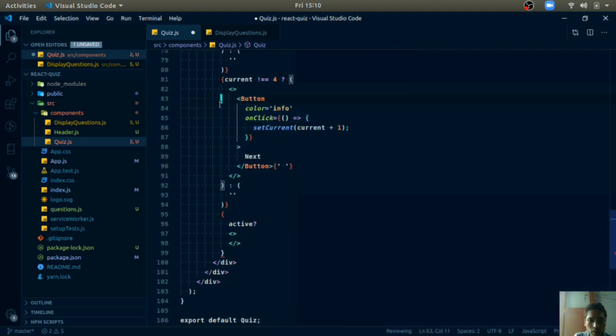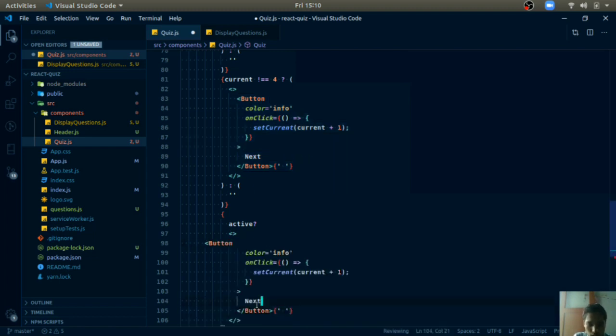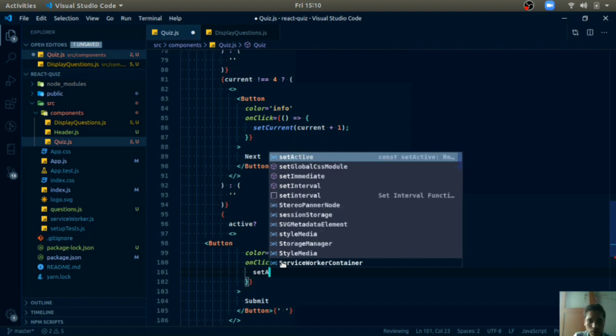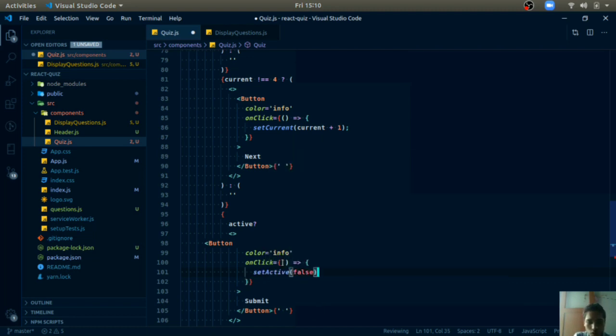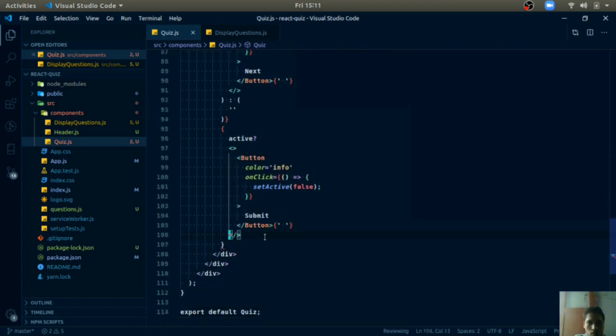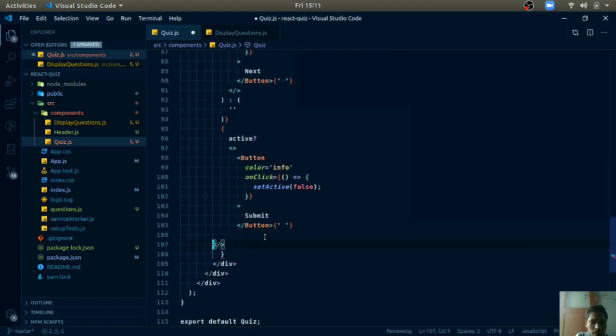Just copy, the syntax is similar, and it should have submit as its label, and on click you can just place an empty function here for now, or just use set active false. Set active should be false here. Okay, now it's fine. And when it is not active, we will simply return an empty string.